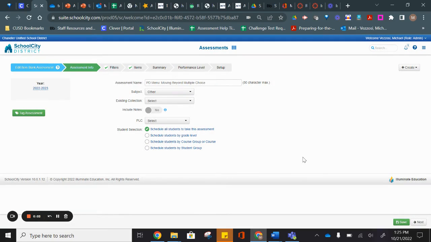In this video, we're going to be discussing how to create a multi-part item for an item bank assessment. First thing we're going to do is go into the box in the top right corner and hit create, and we're going to create our item. So we're actually in the assessment we're utilizing for our professional development, which is moving beyond multiple choice. So we're going to go to the create button. We're going to hit create items,